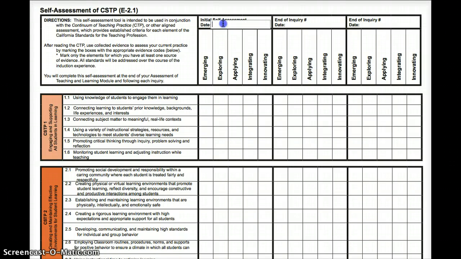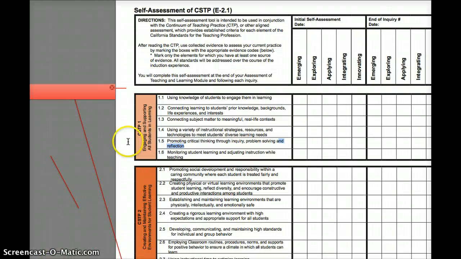Please make sure you include the date. As this is a PDF file, you will need to print it off and handwrite into it more than likely, unless you have a PDF editor. So please go through all of the CSTPs. It doesn't mean that in this initial self-assessment that you must have a response for each and every element of each and every CSTP. It's going to be most helpful for you, though, if you have maybe 50% of them done and not necessarily all in the same